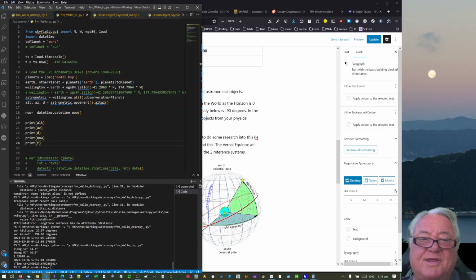So one of the things this does is it says the distance between Mars and Earth. We've got Earth and the other planet, which is Mars, at 1.39 astronomical units. Now the distance from Earth to the Sun is 1 astronomical unit. Now the distance from Earth to Mars, if they were all in a straight line, is